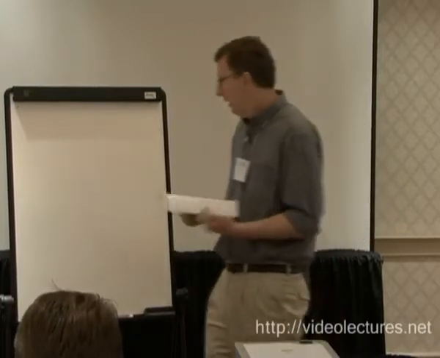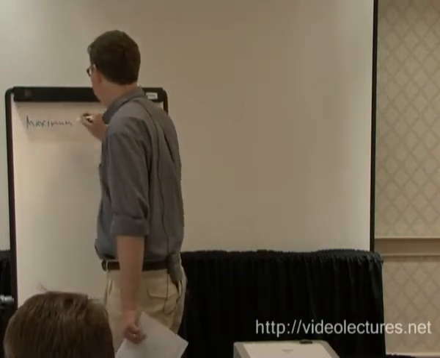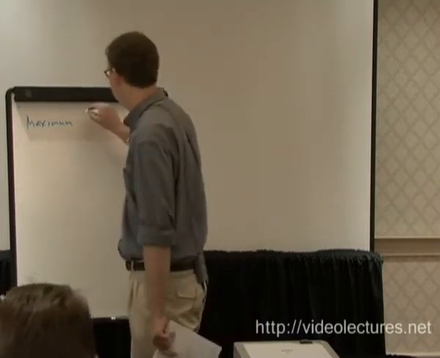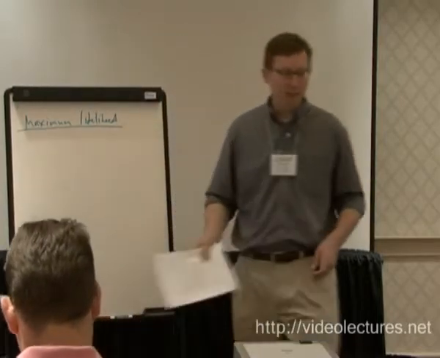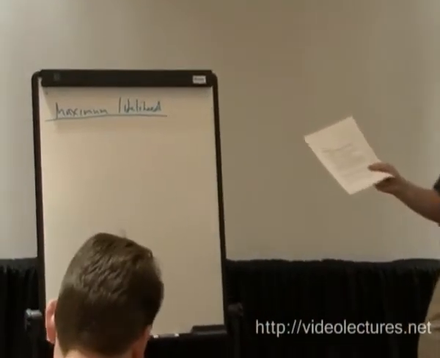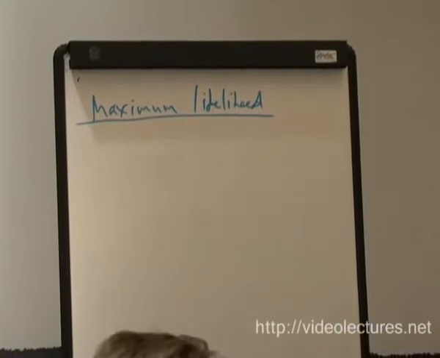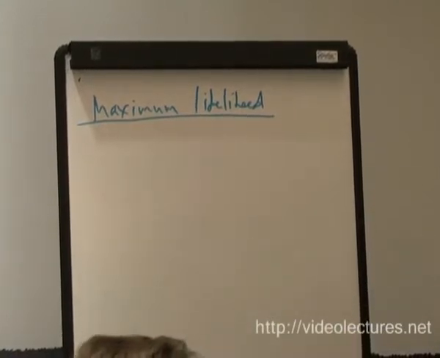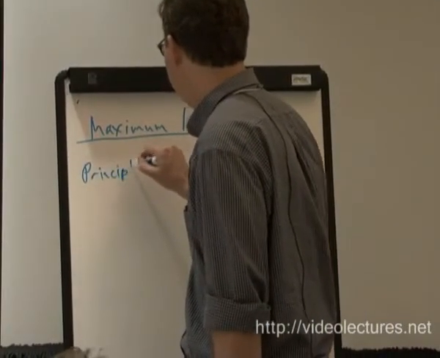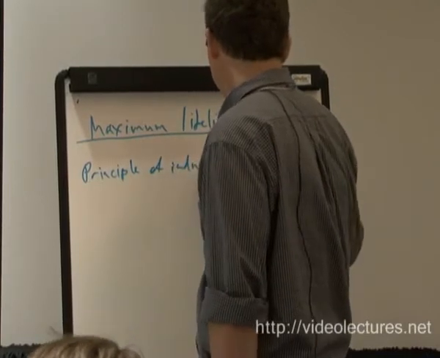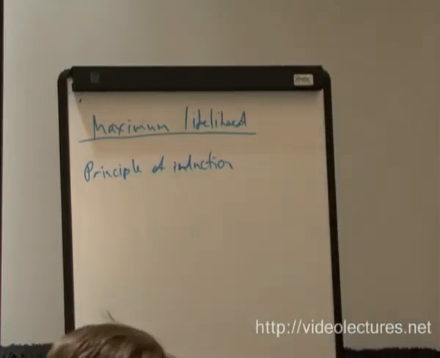Okay, so I'm going to start at the very foundation of log linear models, conditional random fields, which is maximum likelihood. These are my lecture notes, and I'm using them as prompts. I'm going to say things that are not in here, but the most important things I say are in here. So maximum likelihood is a principle of induction. This is really the foundation of machine learning and also of statistics: